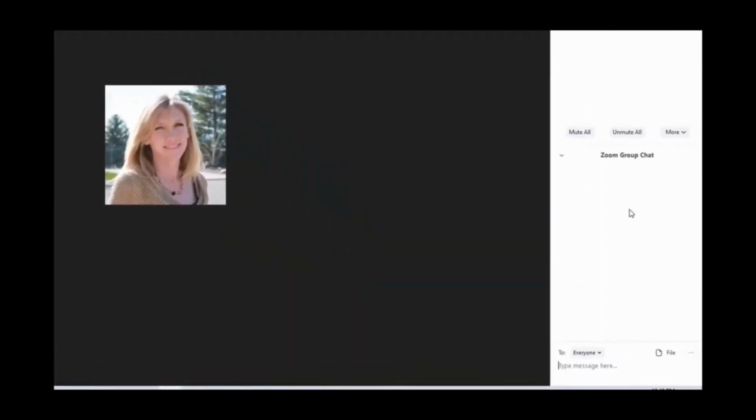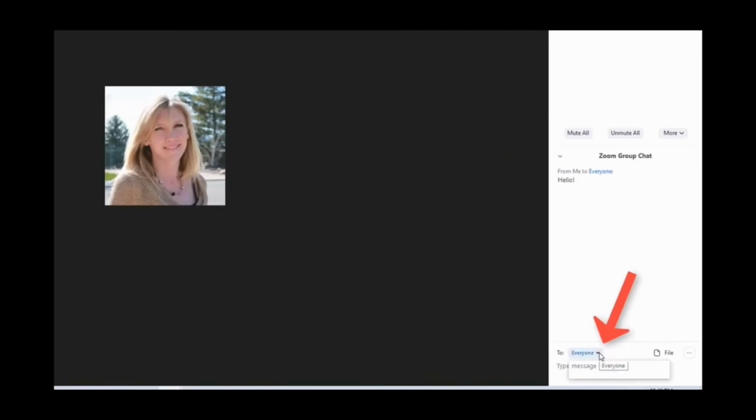Clicking Chat pulls up the chat panel where you can message all students or use this drop-down menu to send a message to just one person. Similarly, you can send a file to the whole class through chat or share with just one participant. Click File and then your desired destination. I'll choose Google Drive